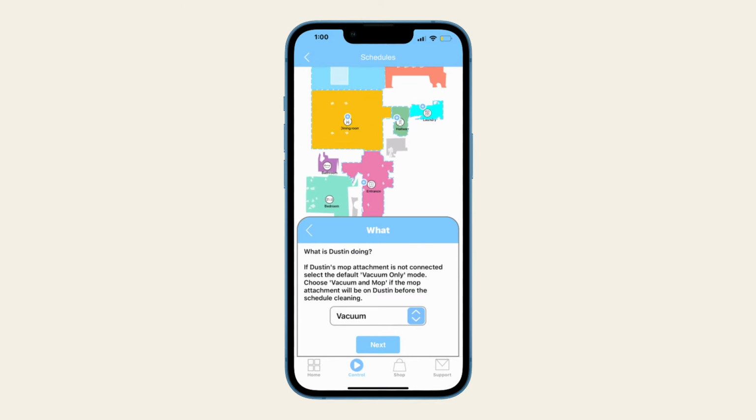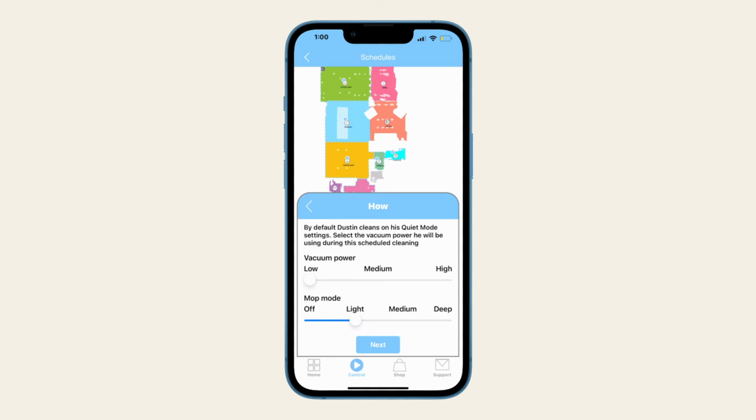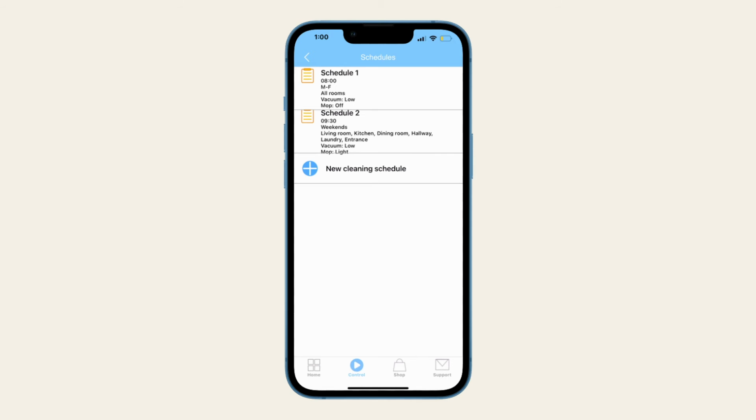What should Dustin do? Choose between Vacuum and Mop and continue to select Cleaning Power settings. Review the schedule summary. If everything looks good, tap Save or use the Back button to go back and make modifications. Once saved, the app automatically assigns a numerical value to the new schedule, and you can view the schedule